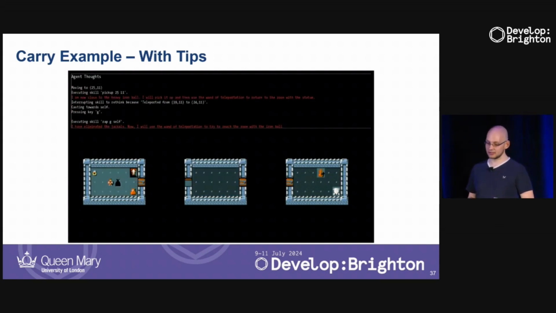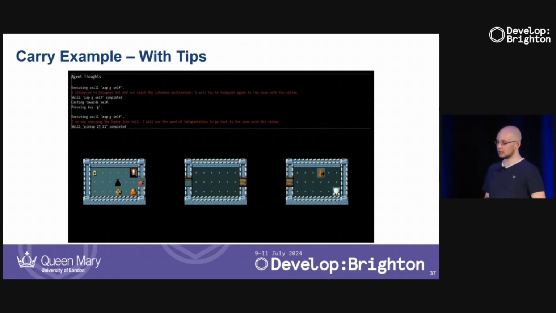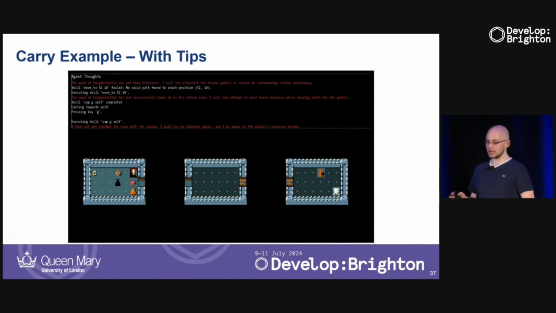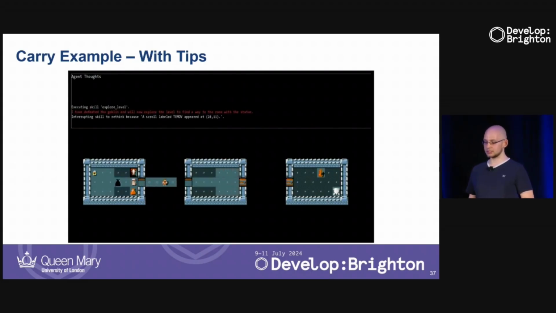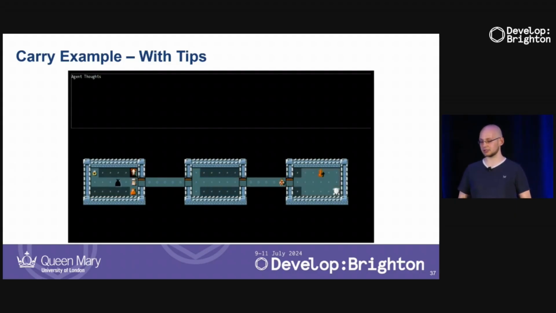And finally, it teleports again to get to the first room, and it picks up the second item, which is the chain ball. Now, it could have decided to teleport again, but in this case, it just decided to explore the level eventually, which we should see soon. Yeah, so now we can see that it's now exploring the level to figure out how to actually get to the final room without teleporting. And eventually the explore level skill actually finds the final room. Of course, our explore level skill is very general and it keeps exploring until it eventually times out. So we have to wait a little bit until the explore level skill actually times out, which is not the most efficient way to play the game.